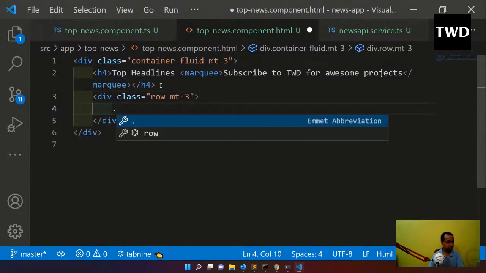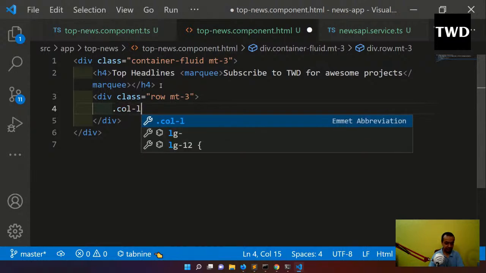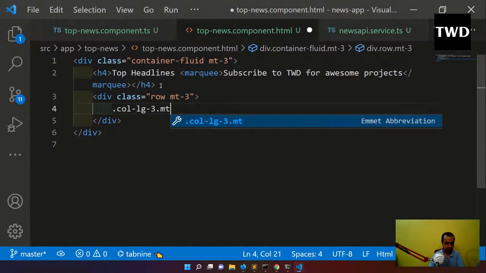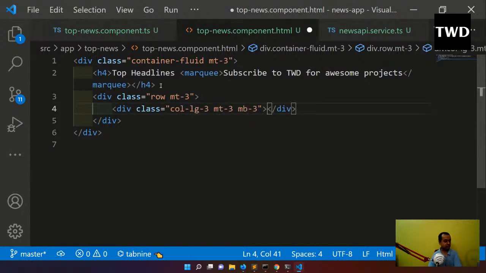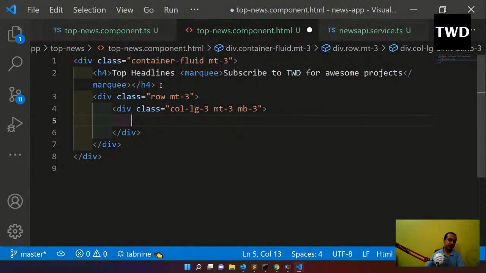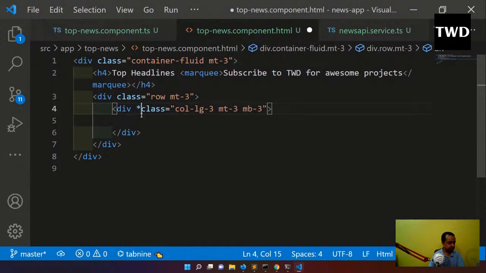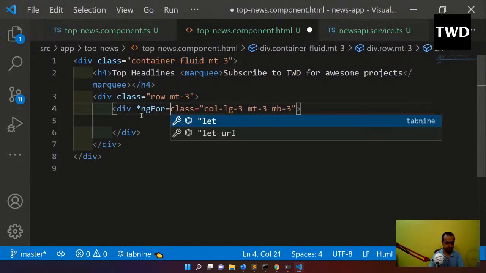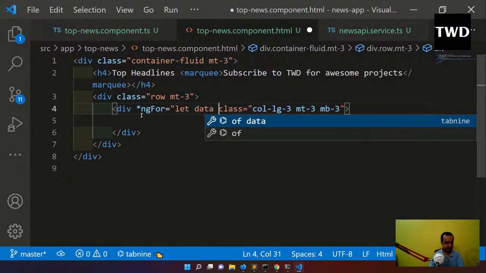Okay, so now after this we'll have a div with class row, mt-3 for margin top 3, and col-lg-3, mt-3, mb-3. Like this a column will be there, and inside this column we'll show everything, but let us first get the data here with this, which is *ngFor equal to let data of top